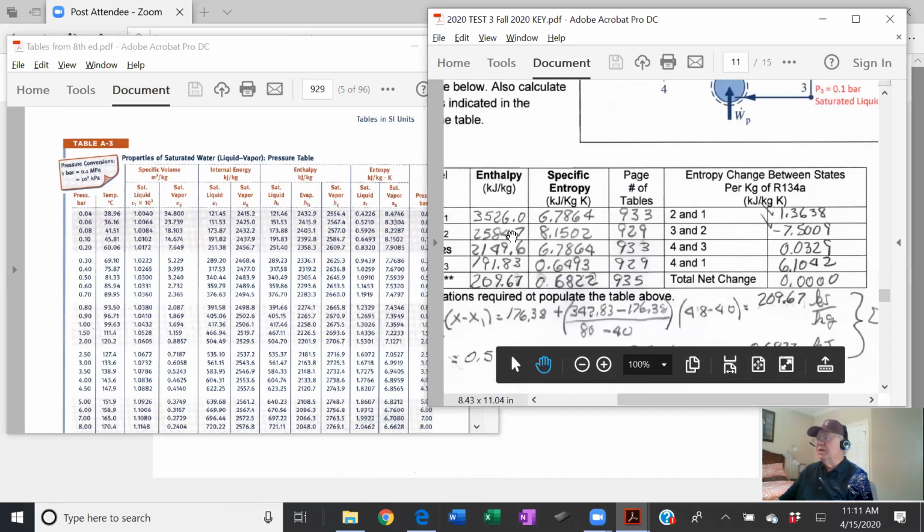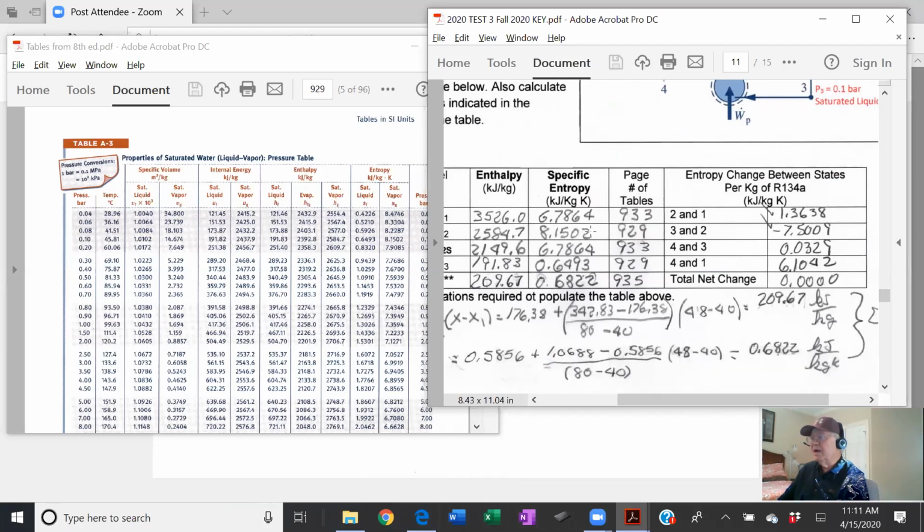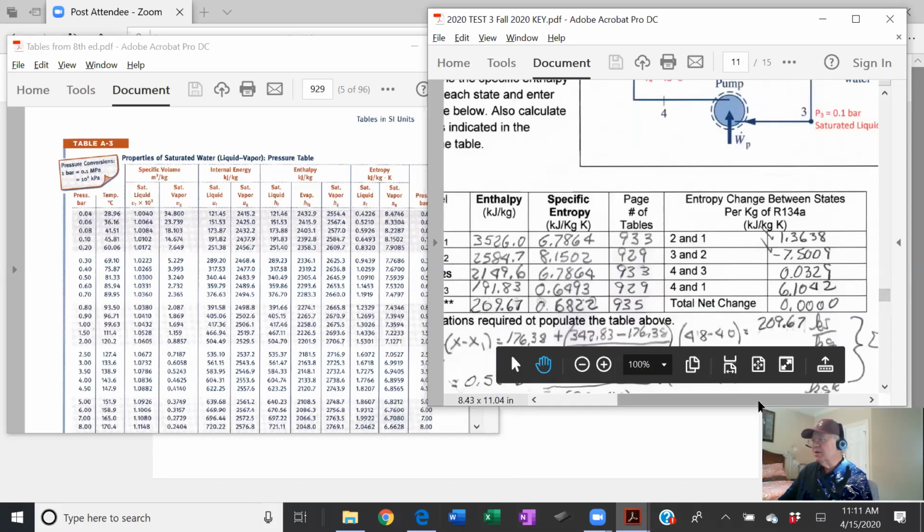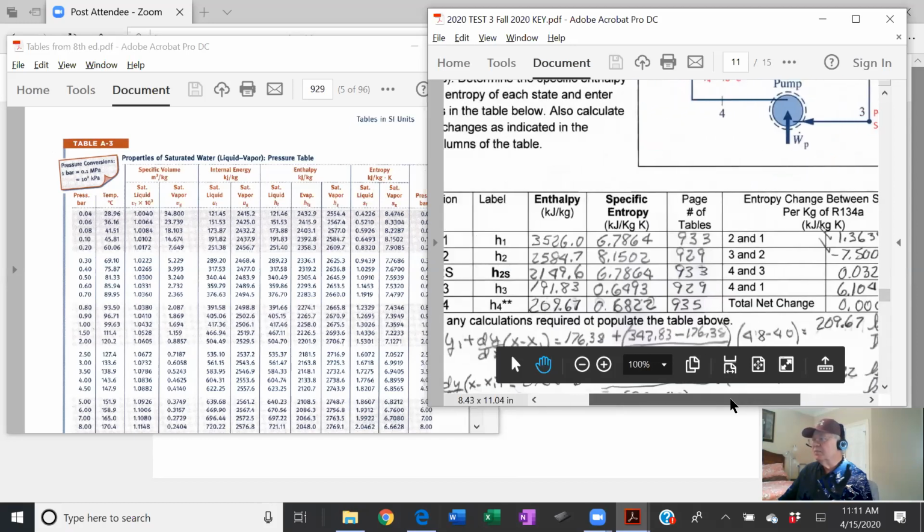There it is, 2584.7. But the entropy is 8.1502. Just look it up as SG. So I got both entropy. But now the entropy at state 1 was 6.7864. So that's an increase in entropy. So that's H2. If I'm looking for H2S, which I ask you to calculate,